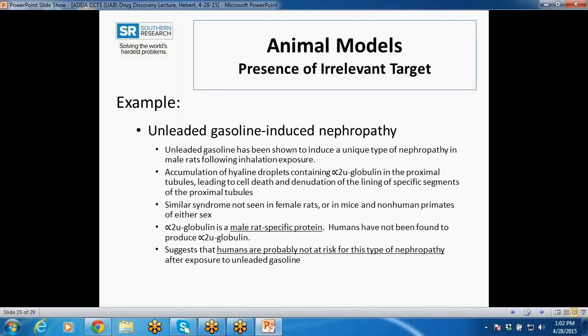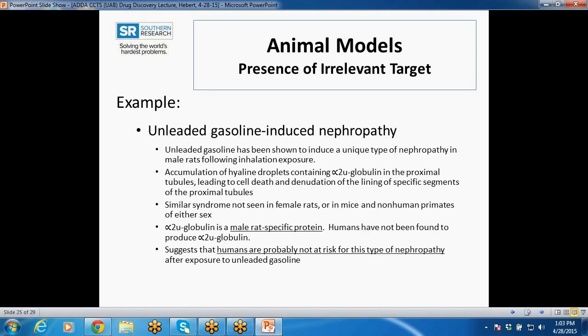Presence of an irrelevant target. This one was a biggie 30 years ago. Studies were done looking at unleaded gasoline toxicity, and in male rats there was a very specific type of nephropathy observed. A lot of investigation went into it, but the pathology consisted of accumulation of hyaline droplets, which are basically clear inclusions inside of the cells, containing a protein called alpha-2 microglobulin in the proximal tubules. That led to cell death and complete denudation of the lining of the proximal tubules and subsequent inability to reabsorb